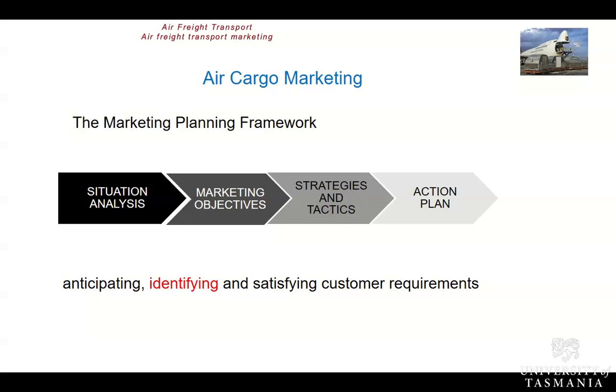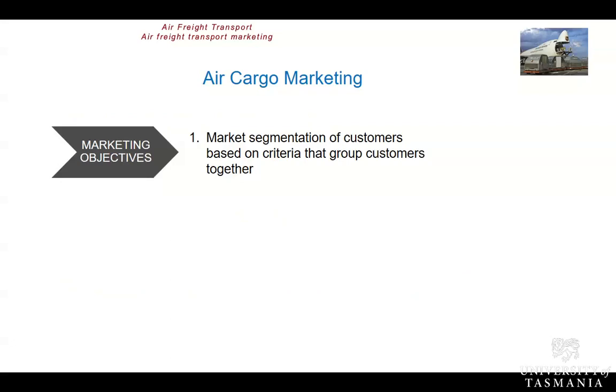So the marketing objectives is this idea of identifying who it is that you want to do business with. Now, the marketing objectives is based on a two-step process. So the first step, you've got to undertake a form of market segmentation. Market segmentation is simply putting customers into groups and targeting those customers with your products and services. That's the first part. And associated with this idea of segmenting the market is establishing a goal.